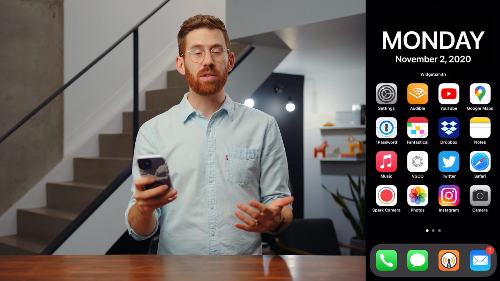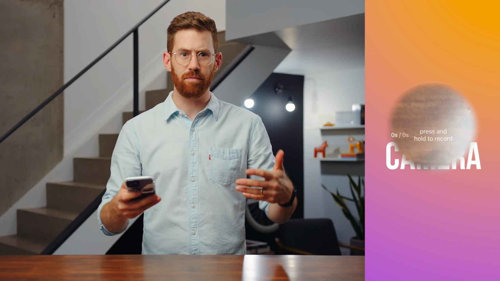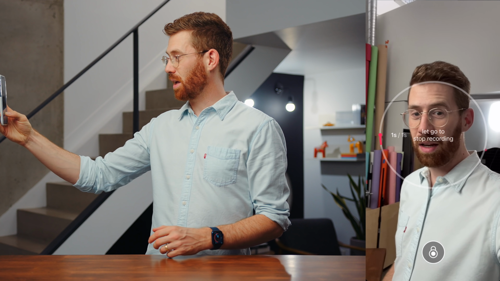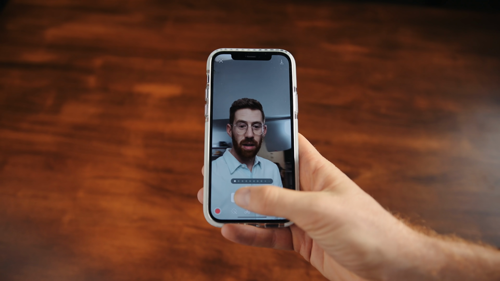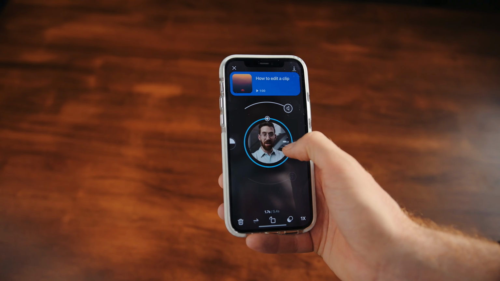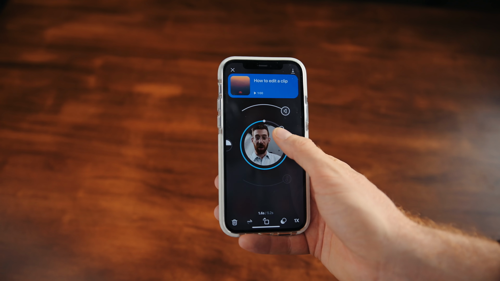And next up, this is an interesting one. I've talked about this a lot. This is Spark Camera, and it is the easiest way to kind of blog and instantly record videos. All you do is press and hold, and it's recording, let go, and press and hold again, and now you've got an edited video. So this is a great way to just edit on the fly,